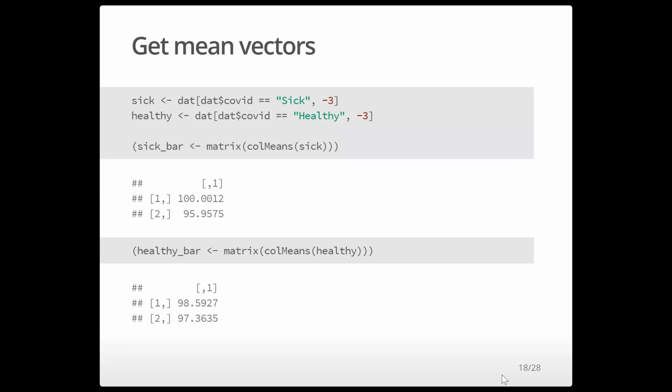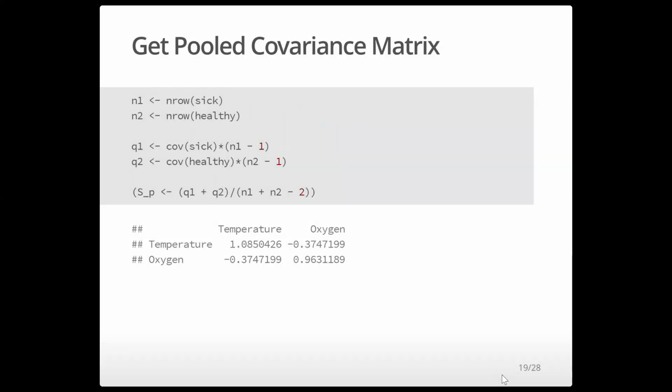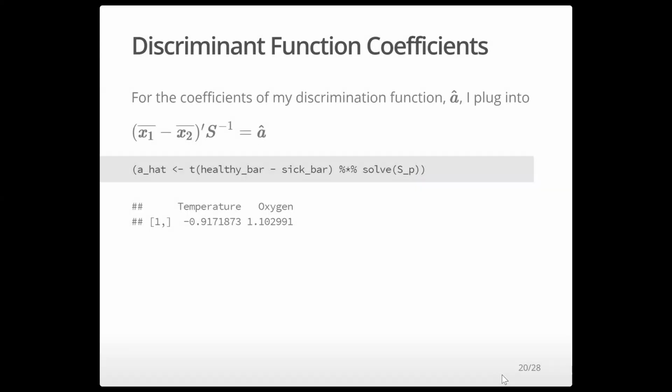So we're going to get the means for each variable. Then we're going to count the sample sizes for each one. Then we're going to get the pooled covariance matrix. This is the same as we've seen before. And then we're going to get our coefficients by